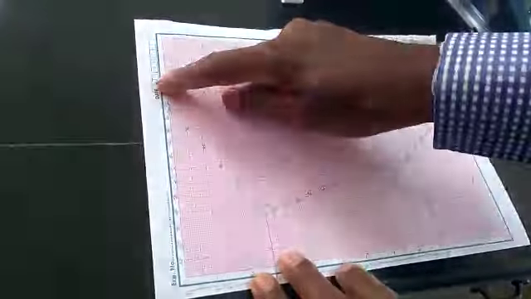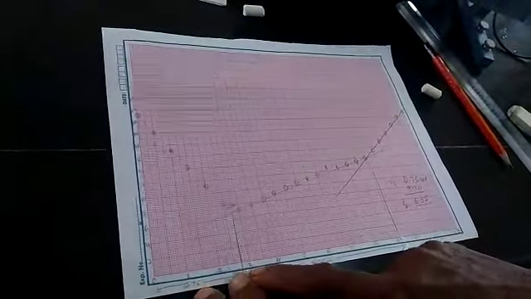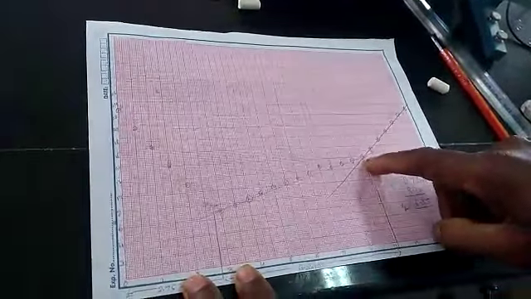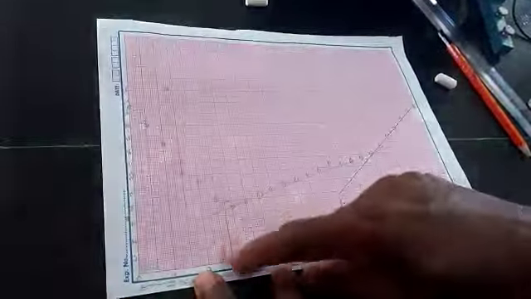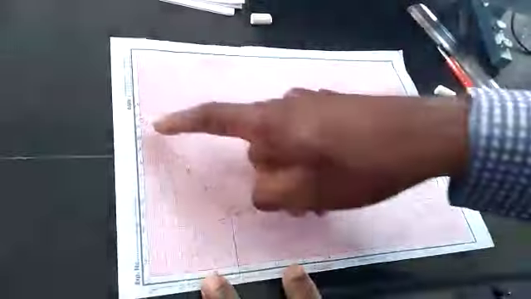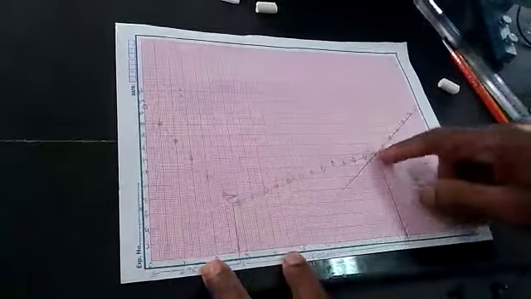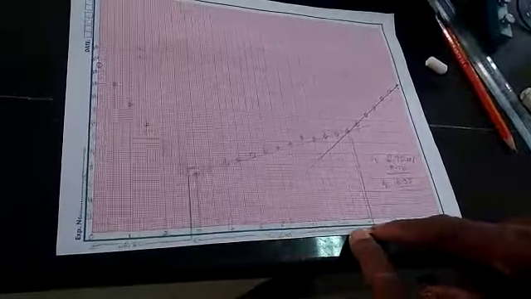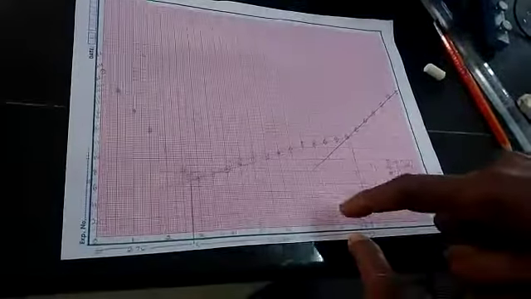Now you have to stop the titration. Now plot the graph of conductance versus volume of the sodium hydroxide added. So this is the first neutralization point and this is the second neutralization point. This neutralization point corresponds to hydrochloric acid, because hydrochloric acid is a strong acid, it gets neutralized first, and this point corresponds to the volume of the sodium hydroxide required for the neutralization of the acetic acid.